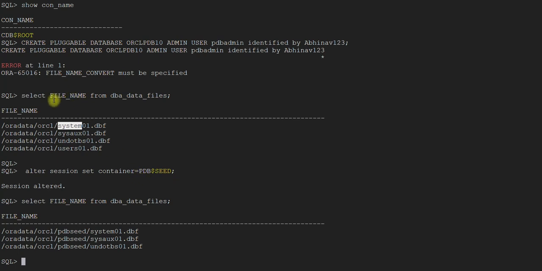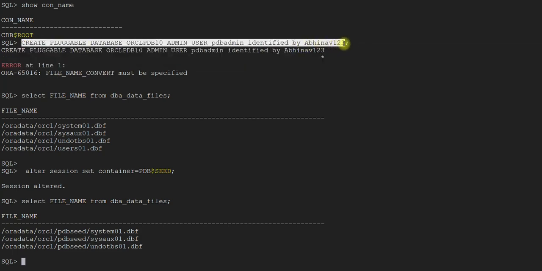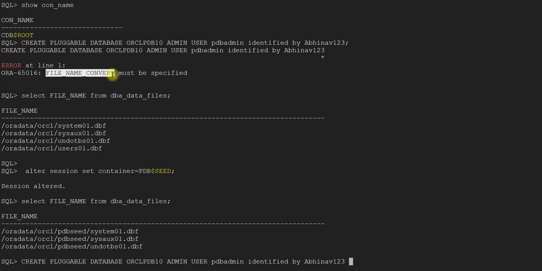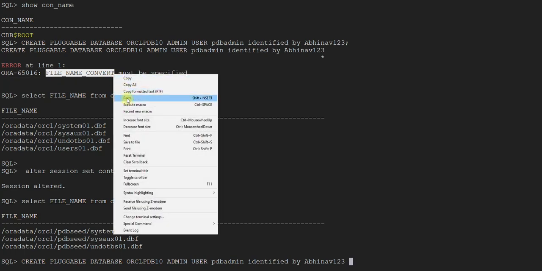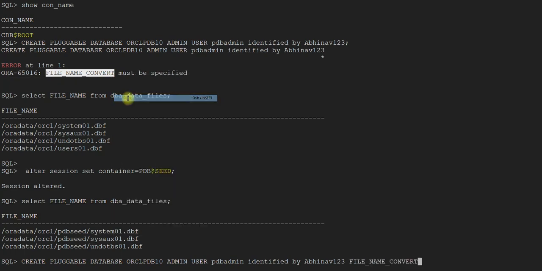So what we will do, we will create it using the file name convert. So let me show you what I am doing. This command will be the same, but because we are creating it from seed, we need to make sure we mention this file name convert equals. So it takes two things: the current environment,